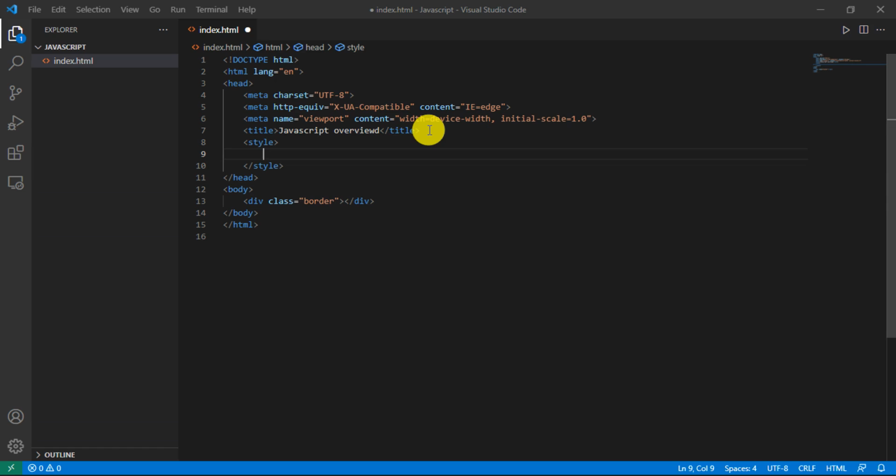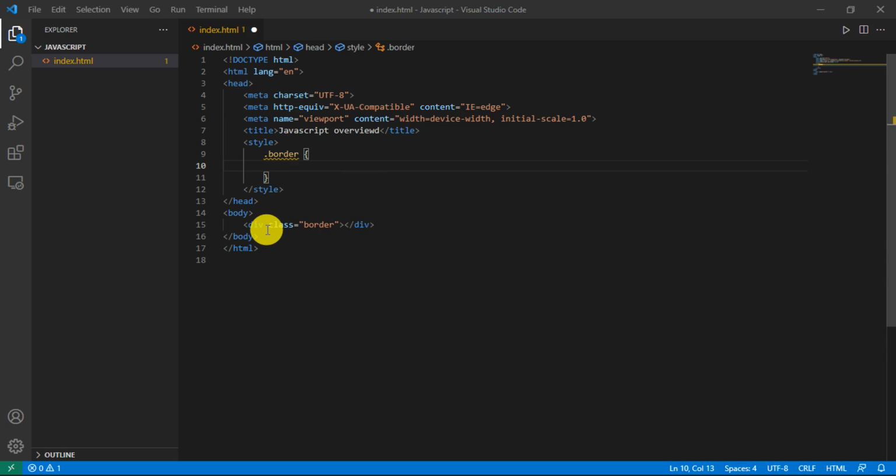So now we finish getting that border. We have a dot, say border, BORDER, and space. We add the curly brackets in front of it. So go back to the same div again. Go on, click on,